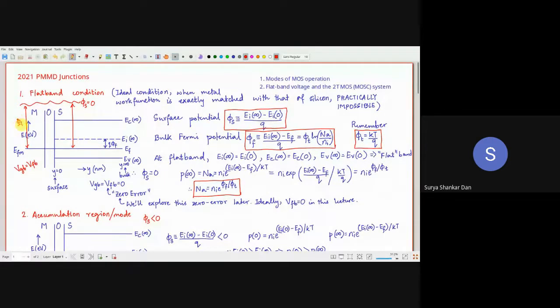And most importantly, this φM is the metal work function. A semiconductor work function does not really exist, we know that. It will be like the electron affinity here, and then this will be Eg by 2q. This is your qφF. So basically χ of silicon plus Eg by 2q plus φF. This exactly matching with the metal will never happen. Even if it happens instantaneously, immediately because of even the smallest voltage fluctuation it is going to change, so you can never ensure that.